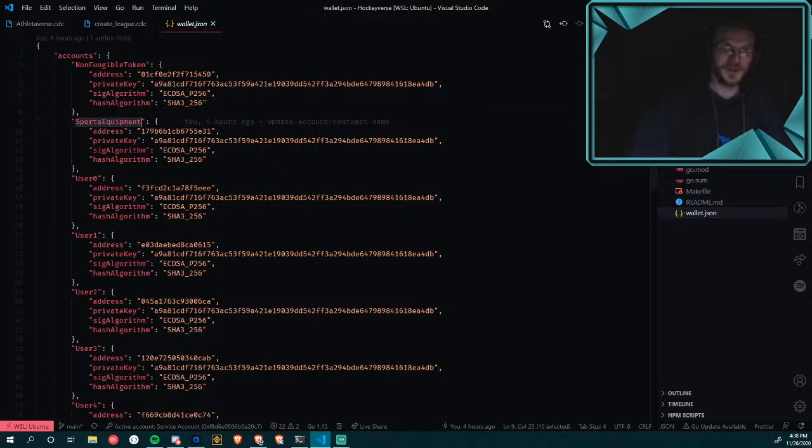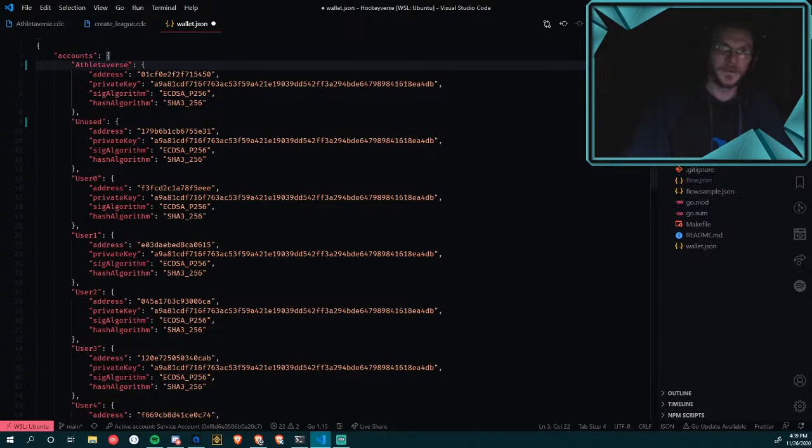So in here, what we're doing is we're setting our account names. We have a future version of the tooling that is supposed to work with the newer versions of Cadence. This is a bit old, and the newer version will be a little nicer to set up, not that different from this. What I'm doing is setting our account names to the same name as the contracts that they deploy. So for this version, it's going to be one contract per account.